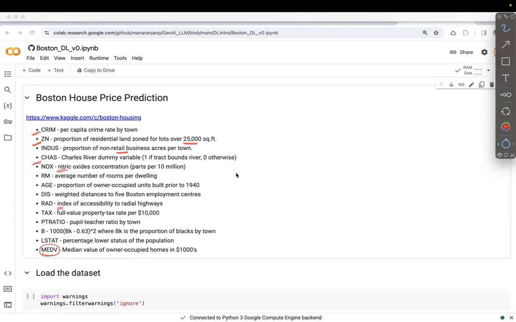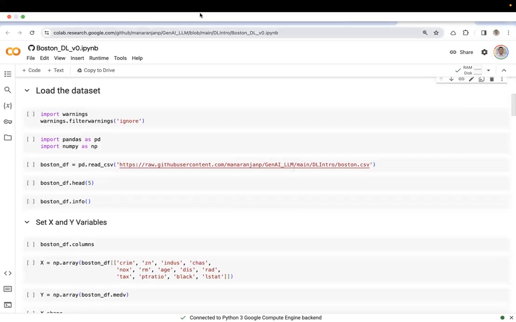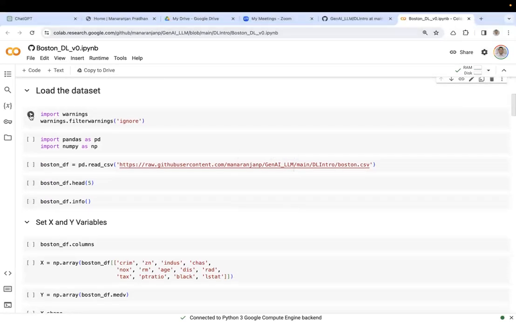house, right? So this is, of course, a classic example of a regression problem, right? My Y value is also a continuous value. So I can actually calculate MSE to understand how good the model is. But rather than using a simple linear regression, we'll build a simple deep learning model. So now let's